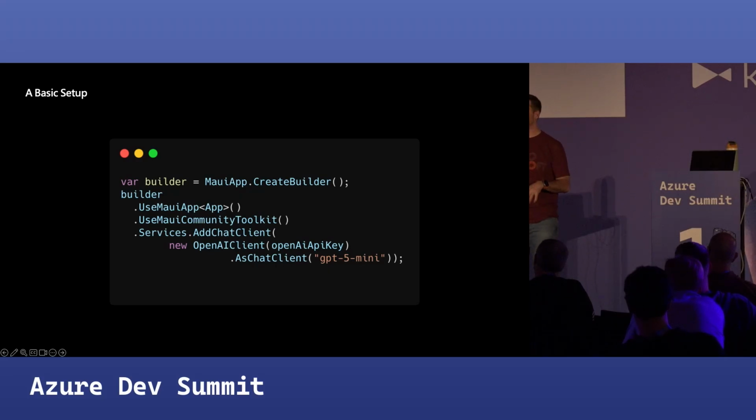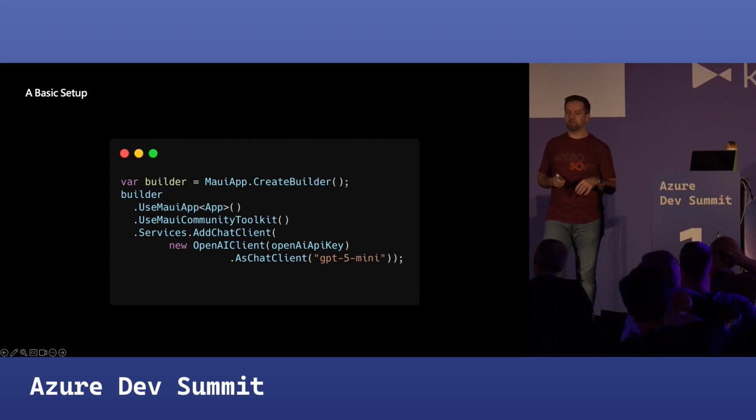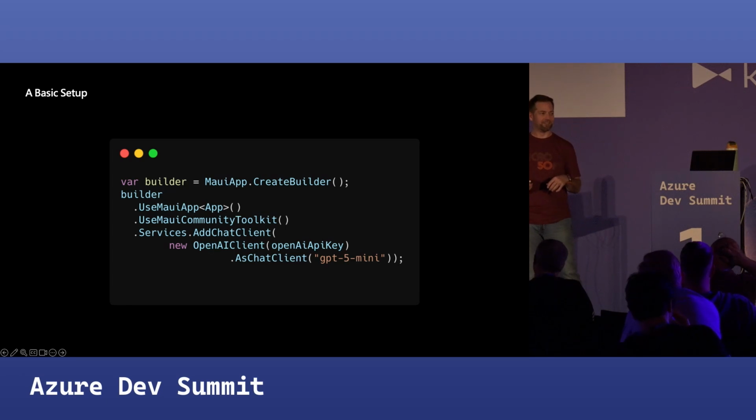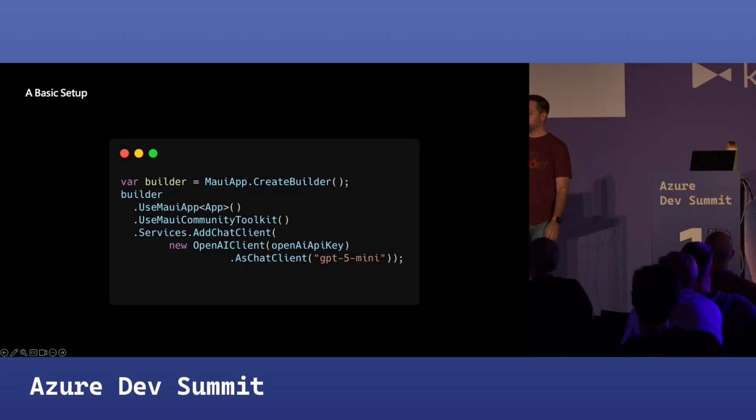And then you securely store them on the user's device, or you tokenize them, your choice. But it's not in your source code. On my team is one of our security champions, and so not a meeting goes by that I don't get the spiel. And then, of course, we are using the GPT-5 mini model that I've deployed. This actually maps to the name of the deployment that I have in Azure OpenAI, Azure AI Foundry. It's not necessarily always going to be the exact model that you're using if your deployment name is different. So just a heads up about that.